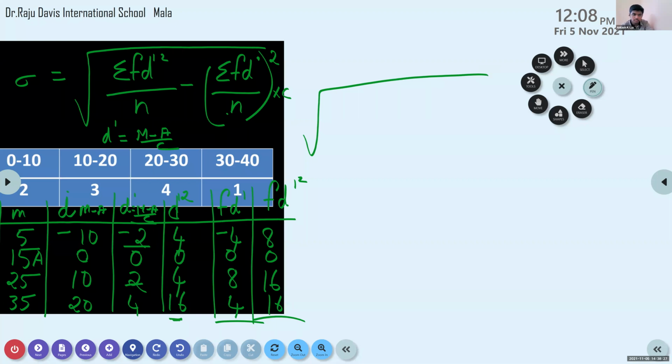40. Yes, 40 divided by, what is f? 16. No, by mistake, I was saying the answer of it. It is 10. It is 10 minus, what will be there for f d dash? Total 16 minus 4, and 4 got cancelled. Then what is remaining? 8. Okay, so 8 by 10 whole square.